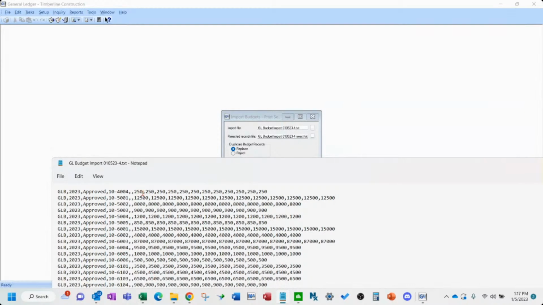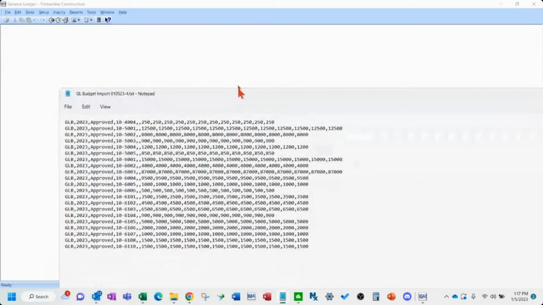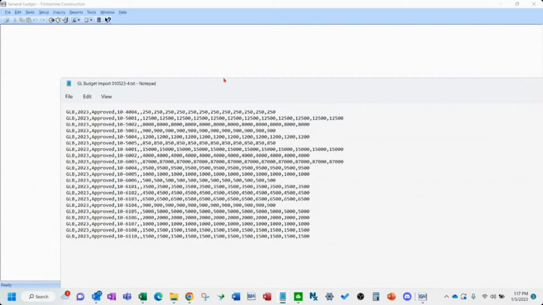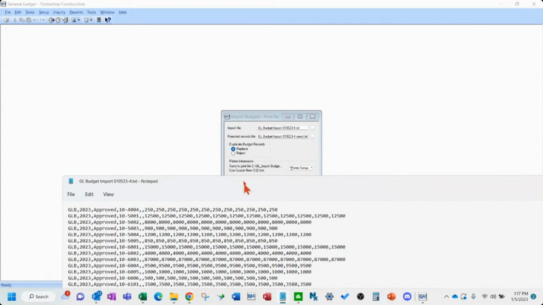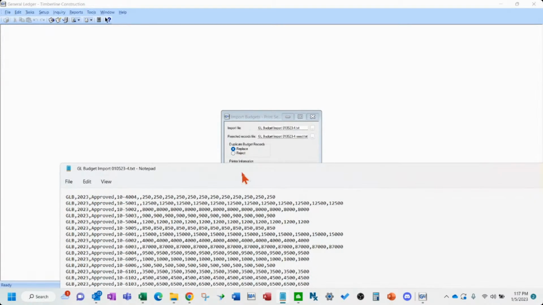Now, I haven't changed any of the amounts except for adding this last row, so no matter what I pick, it won't matter. But let's say you bring in a budget and you want to change it, then you can change these amounts and use the replace button.